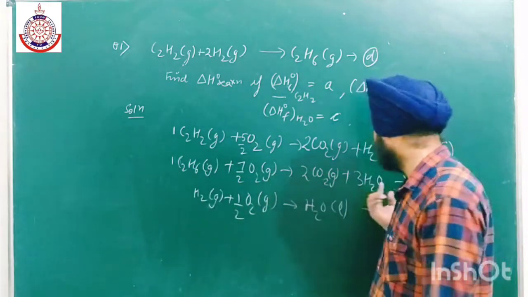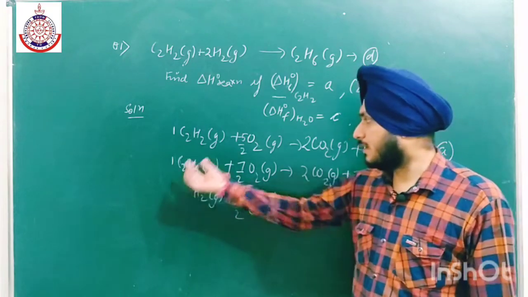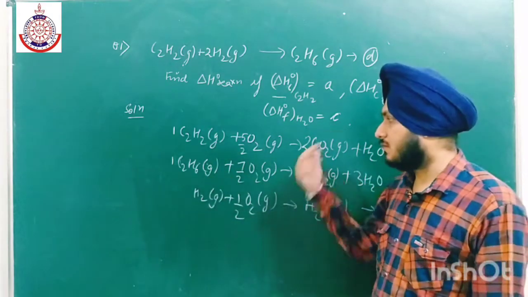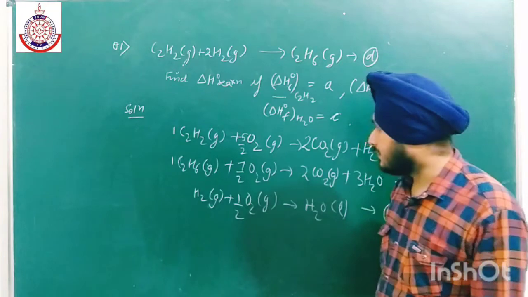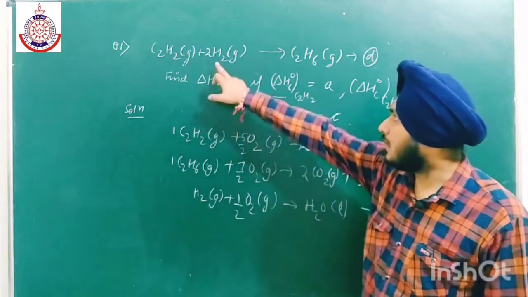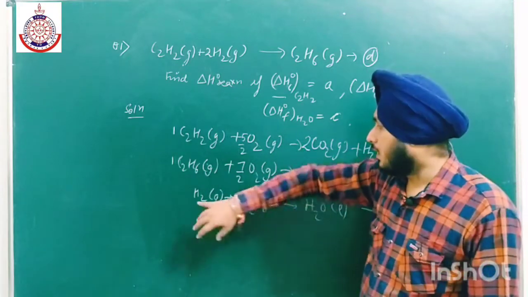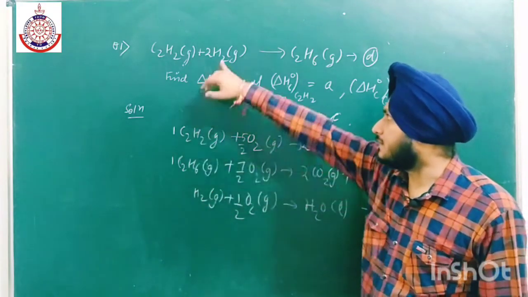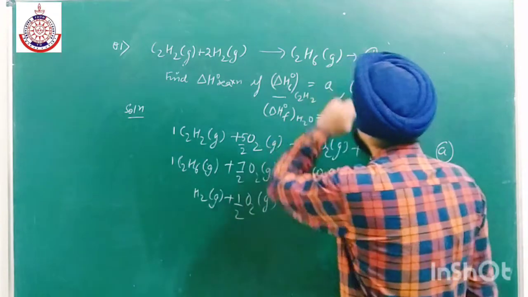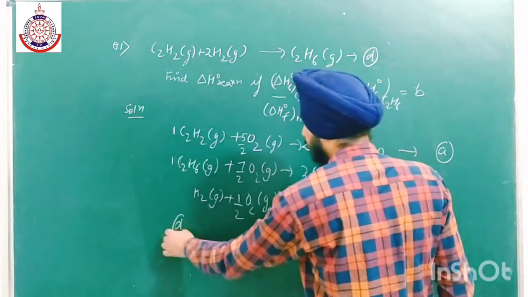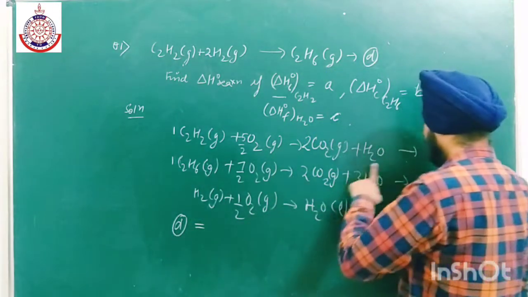So we have to subtract this reaction, so that it becomes positive on the right side. Similarly, we have H2 over here and H2 in the target, both on the left side, so we have to add, and we have to multiply this term with 2. So D will be equal to A